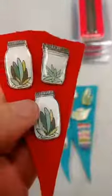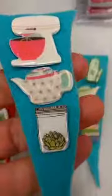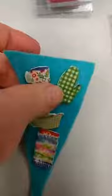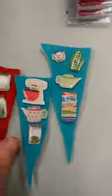We have some little succulents in jars. We also have some vintage kitchen items, the mixing bowl and teapots. There's a teacup and an oven mitt, so lots of choices to choose from. They are $4 each, or you can do 3 of them for $10, and we'll be here tomorrow from 10